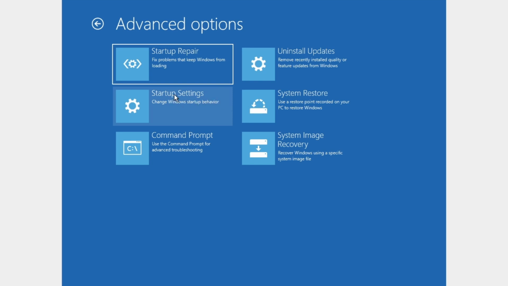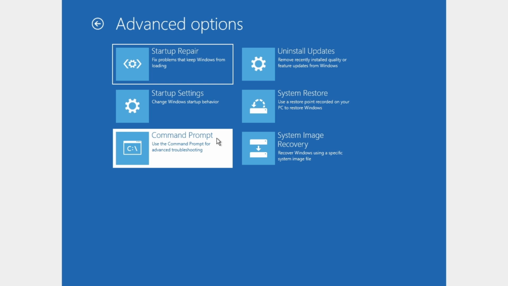and here we're going to try this one, startup repair. This will take about 30 minutes or 1 hour to fix. And if it still doesn't work, then go again to advanced options, click on command prompt, and we need to do some commands here in order to